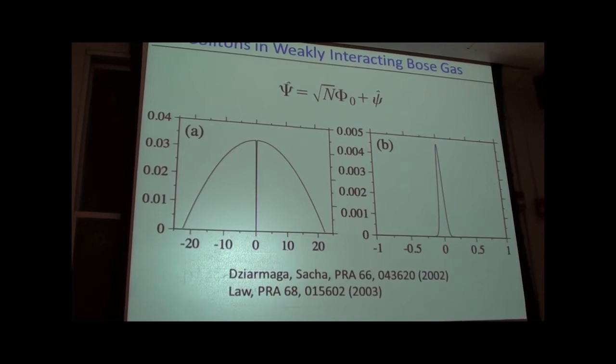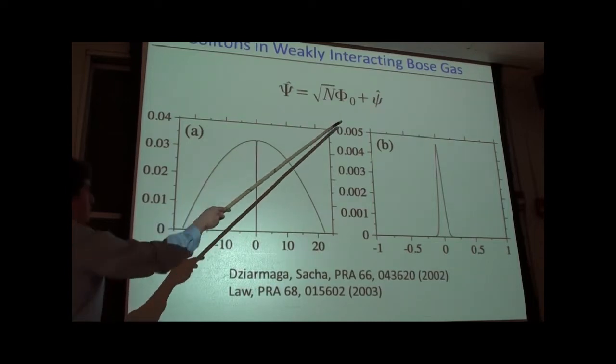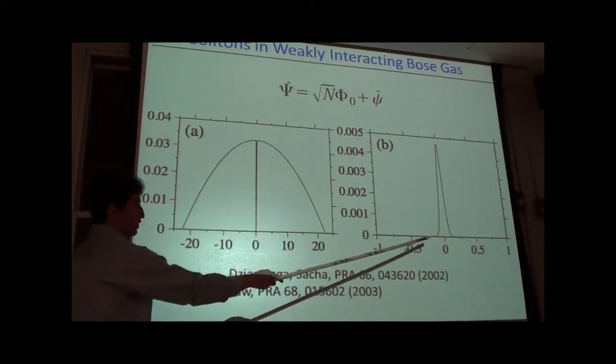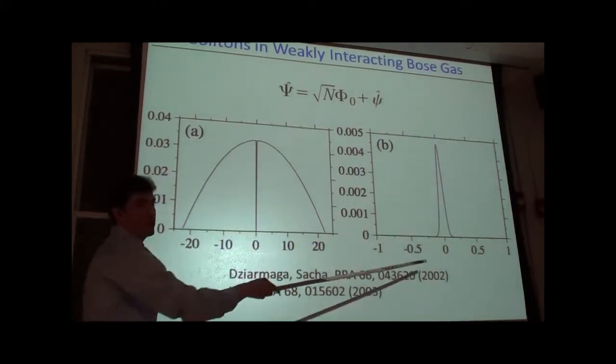And there hasn't been any work doing basically this system beyond mean field. I don't know if you can do Bogoliubov-de Gennes beyond mean field. But people have done that with Bose gases and included the fluctuations, basically going first order beyond mean field to the Bogoliubov equations. And the theory predicts basically that the quantum fluctuations actually like to live inside the soliton. So this is basically the density profile of the cloud, and the non-condensed fraction likes to live right at the